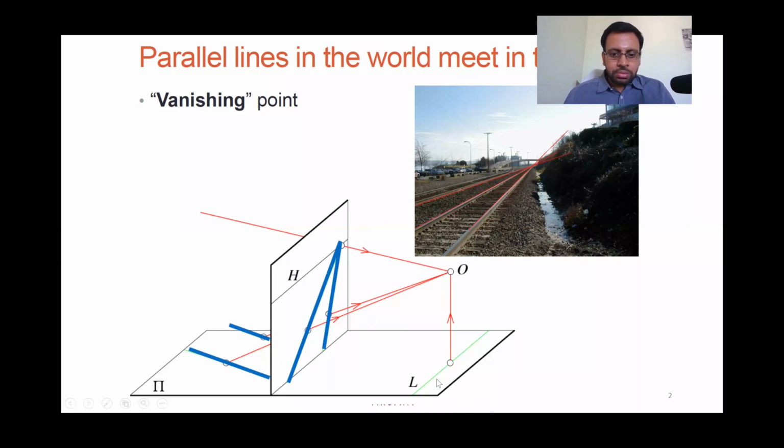Now, again, you have to imagine the 3D object, because the moment you are seeing things, the eye itself is a projection of a 3D object on a 2D plane, and your screen is a 2D projection of the object on a 2D plane. So there is no way you could actually see the 3D other than imagining. Now assume that there are two parallel tracks, which we have all seen. Why they would converge, let's get some intuition on that, and then follow it up with the mathematical analysis.